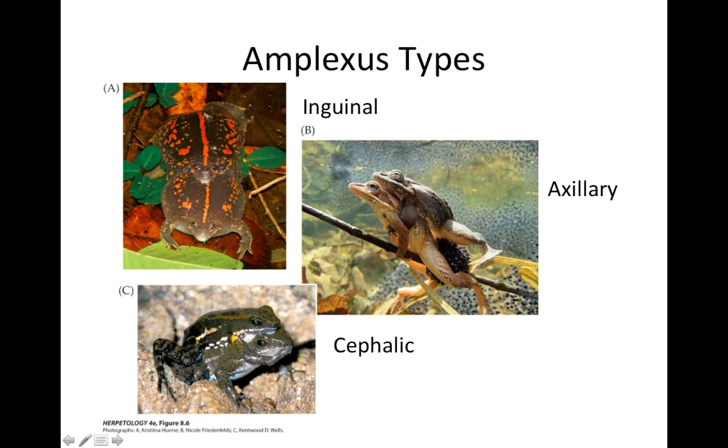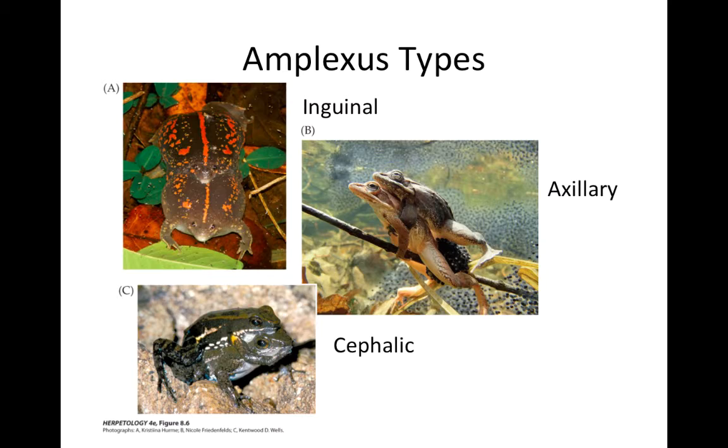One of the things about amplexus types is usually these amplexus types are relatively well conserved, and so a particular group of frogs will display a particular type of amplexus, and then another family of frogs might exhibit a different kind of amplexus. And so amplexus type has actually been used in behavioral phylogenies that use behavioral data as part of the data set to infer